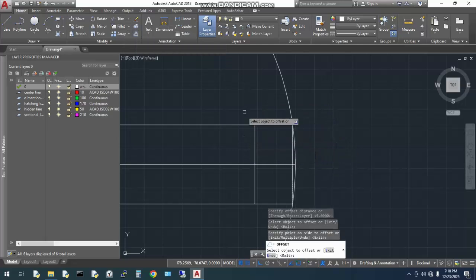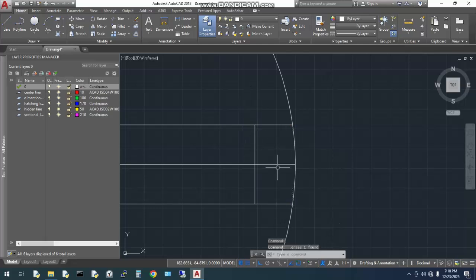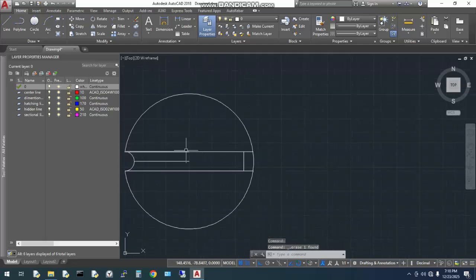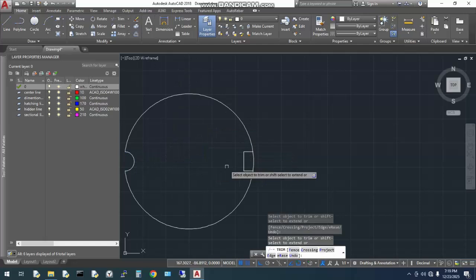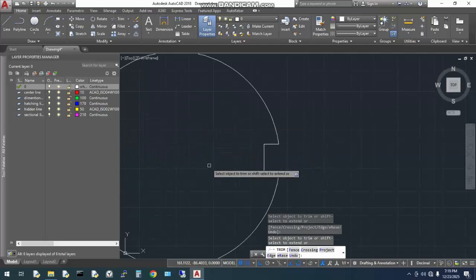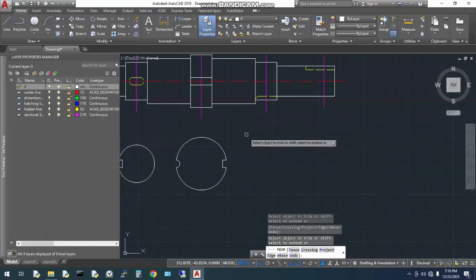Now once again trim it. Yes, now this portion is completed,